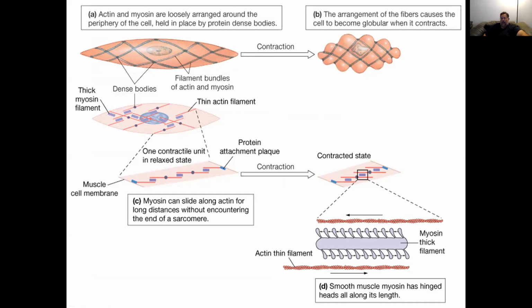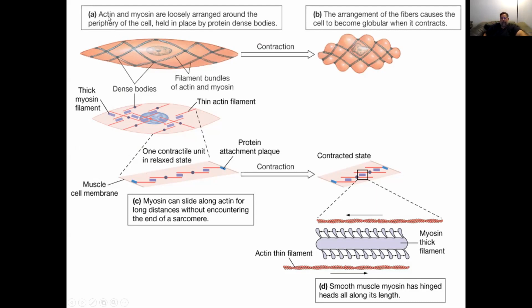Remember, cells have a cytoskeleton. So this dense body is attached to some type of cytoskeleton, and then the thick myosin is pushing the actin across it, so they actually go past each other. So it's going this way and this way, and not just in a nice sarcomere going back and forth. So it actually can go past each other and keep going to make a very tight contraction,